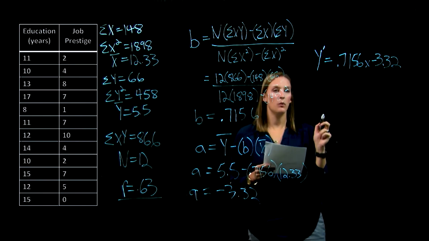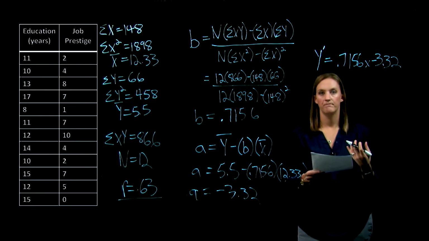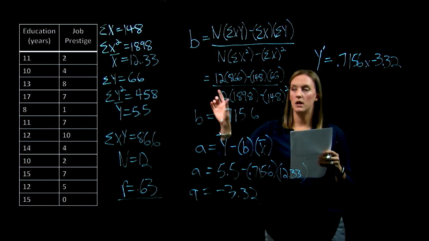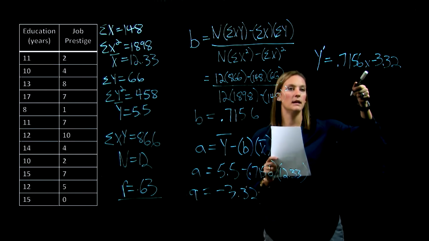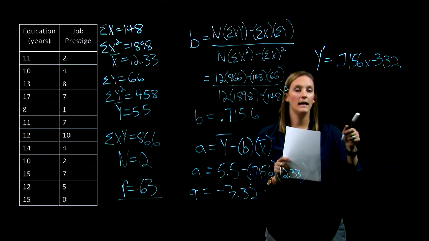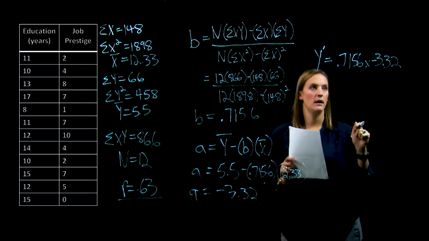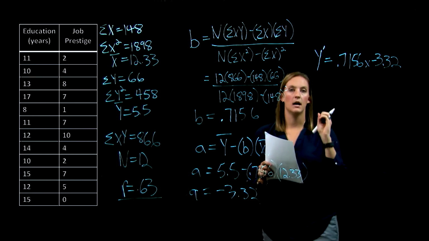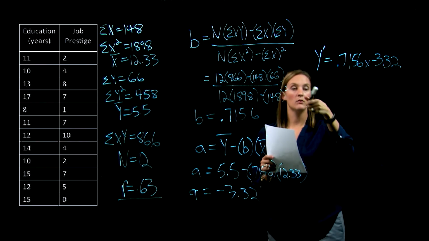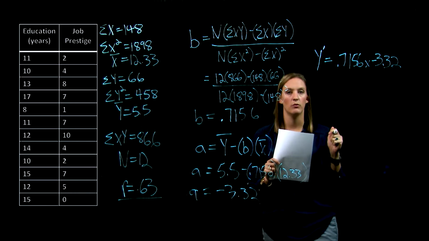And what this equation does is it's like a prediction computer for your data. It's saying, based on what we know about the relationship between those variables, if you give me anybody's years of education, I can predict what their job prestige is going to be. So if I put in an x of 2, I could reduce that formula and it would spit out a predicted y. And getting those 2 predicted y values is actually how you connect the dots and draw your regression equation